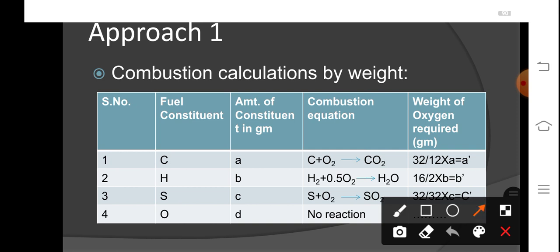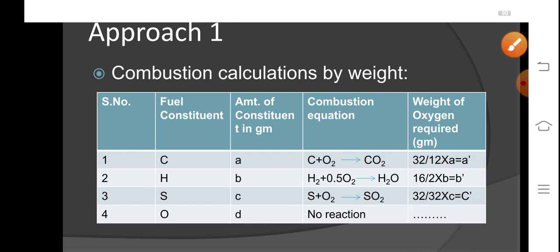Carbon shows combustion like this: C plus O2 gives CO2. Hydrogen shows combustion like this: H2 plus half O2 gives H2O. And sulfur shows combustion like this: S plus O2 gives SO2. Now the next step is to calculate the weight of oxygen required in grams. What will be the weight of oxygen required for the combustion of carbon? In case of carbon, as you can see,